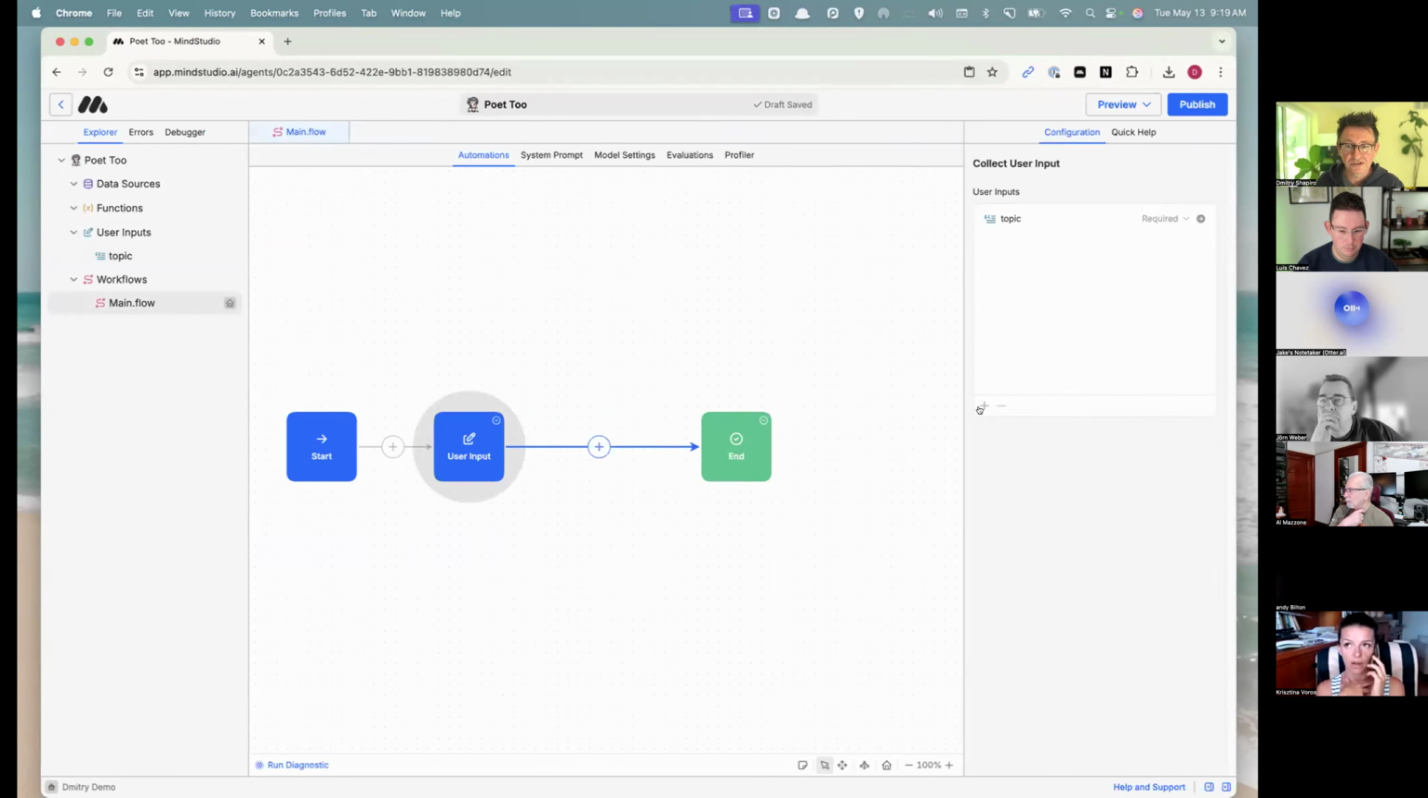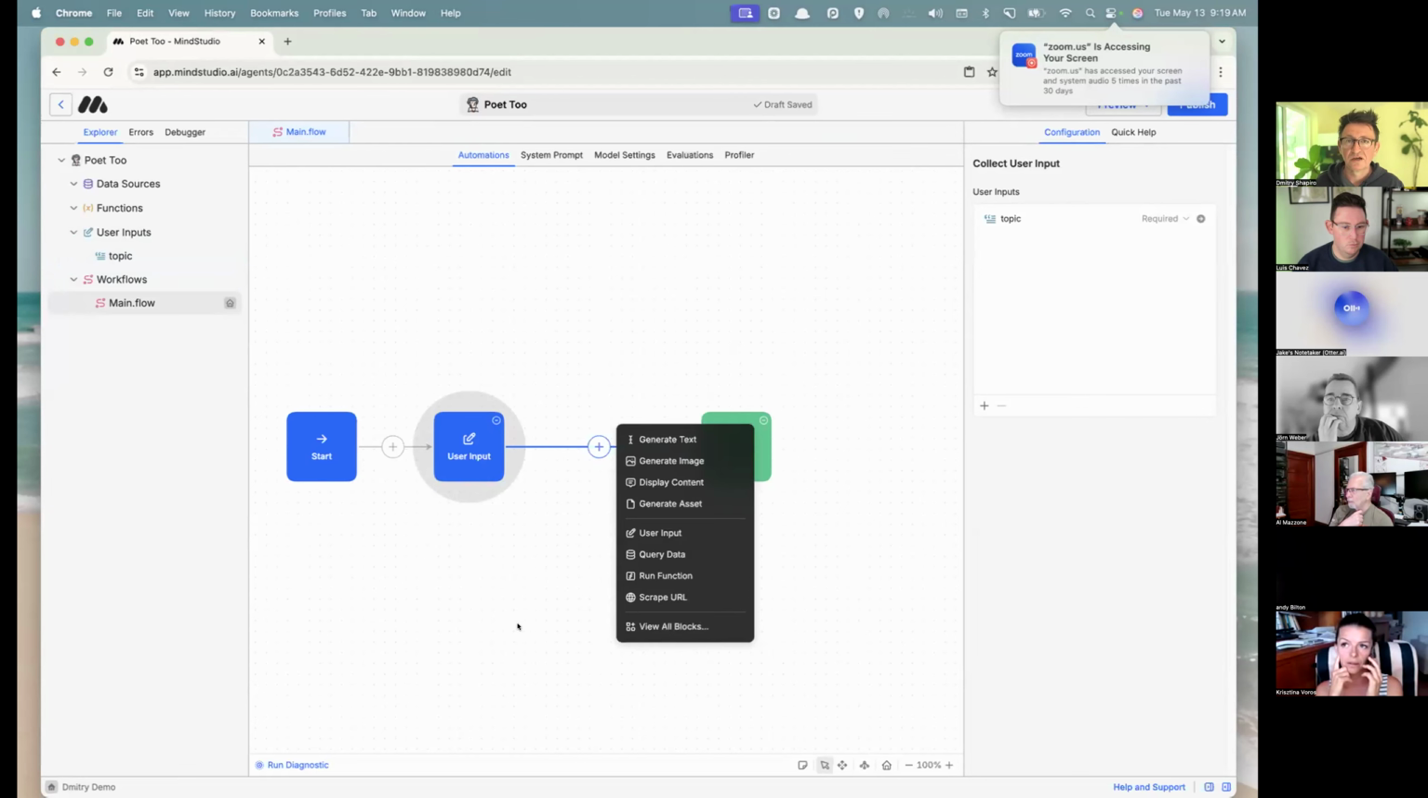By the way, if we wanted to add another form field, we would just hit plus. We'll do that in the next demo that we do. And then you can add many form fields. You're just building a form here. Okay, and so now we have a variable called topic, and I'm going to click plus, and then I'm going